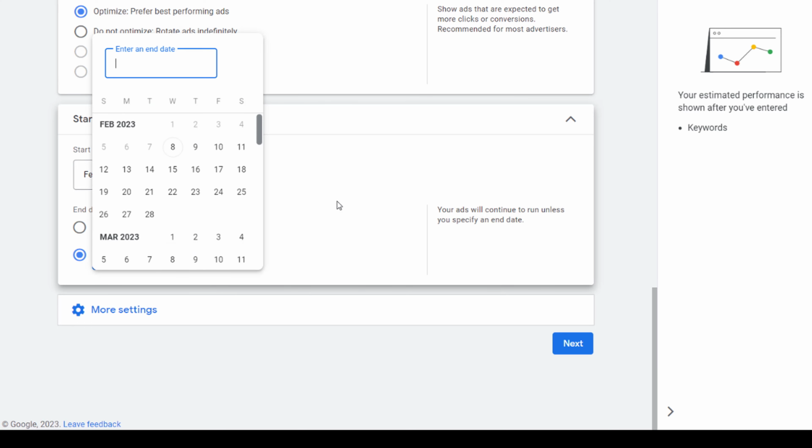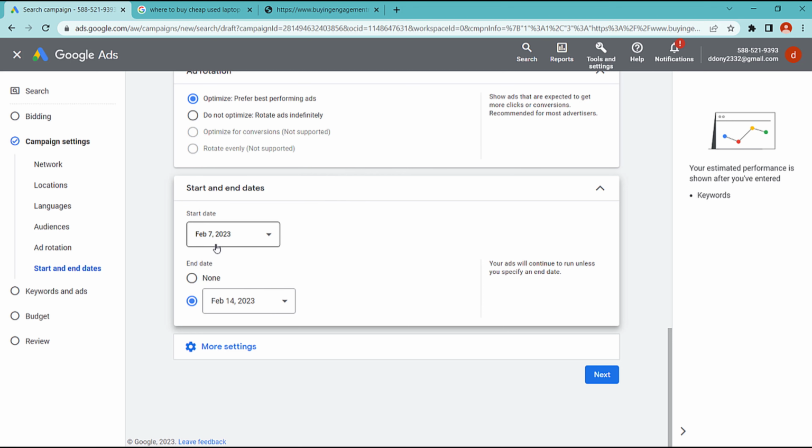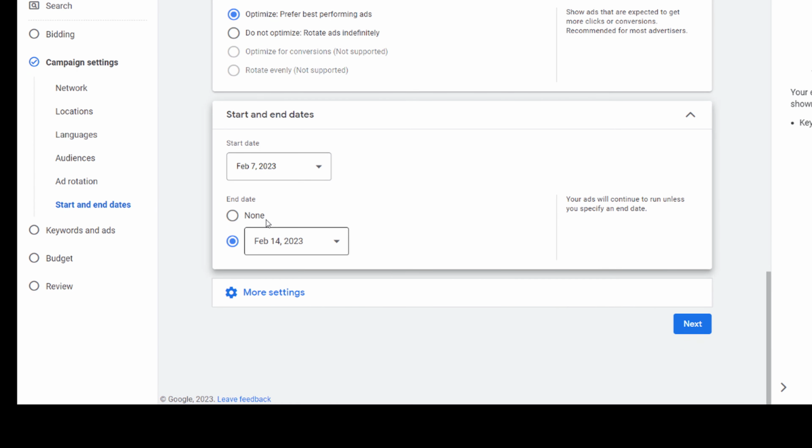Select date. You can choose one week from February the 7th. Okay, you choose one week. So if you use the start and end date and your ads finish on February the 14th, Google cannot charge your credit card for your ads.